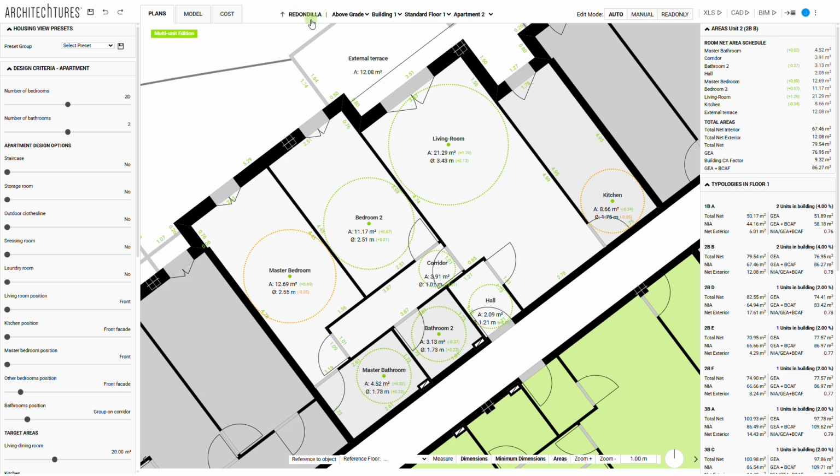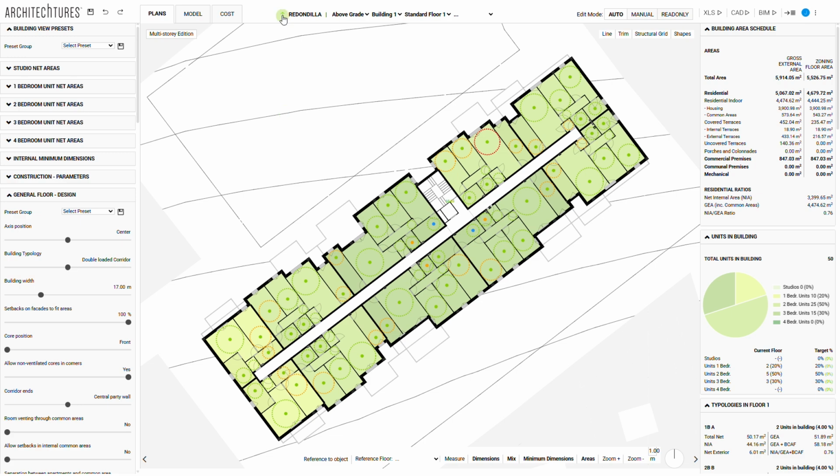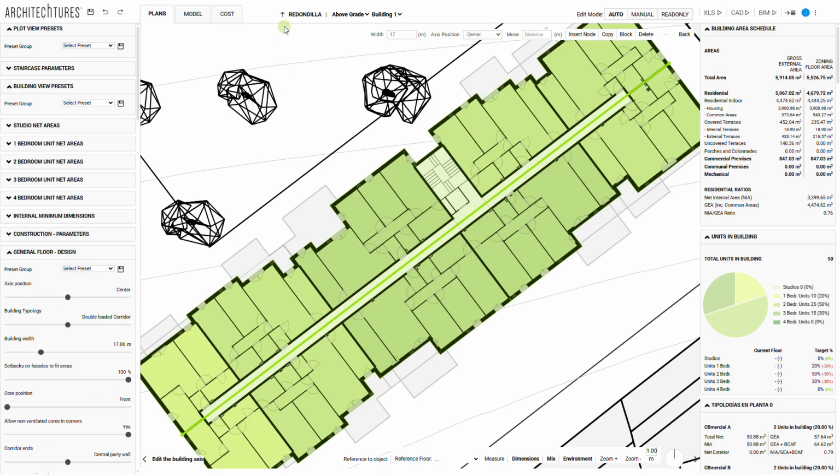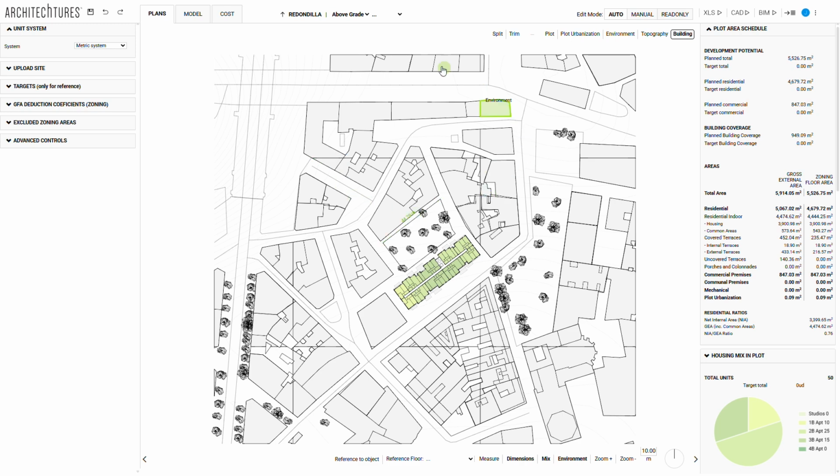You can move back up a level using the up arrow just before the navigation bar. You can also easily switch between buildings, floors, or units directly within the navigation bar. It works similarly to a web page or Windows Explorer because your project is also a data